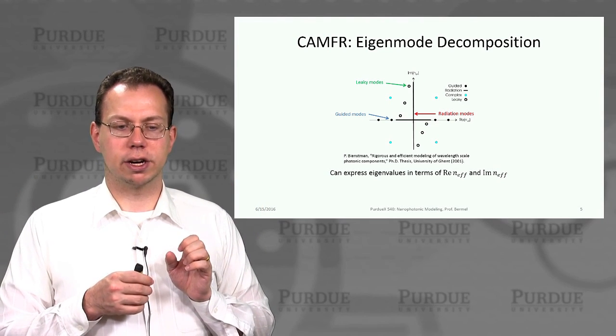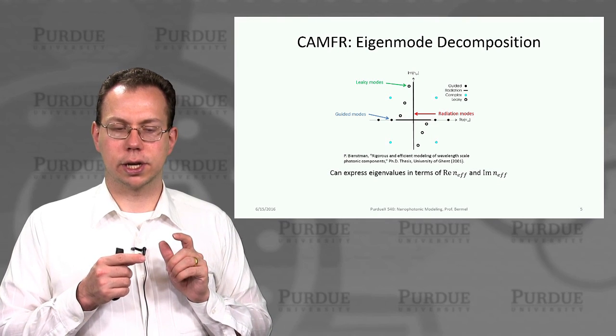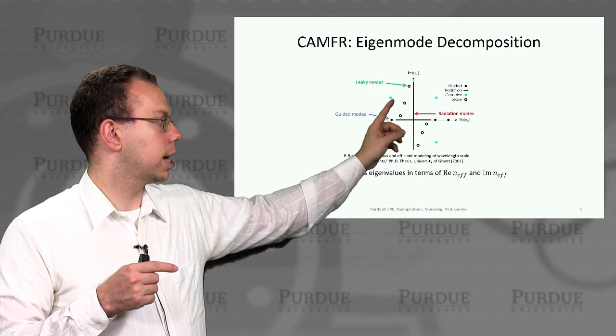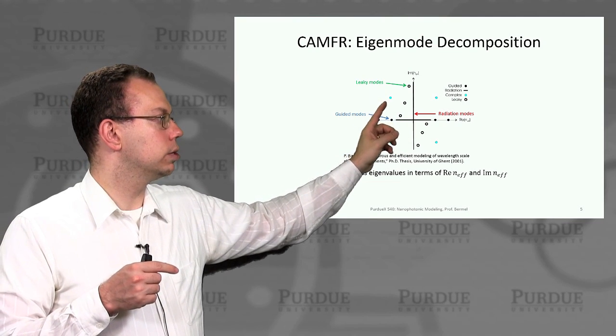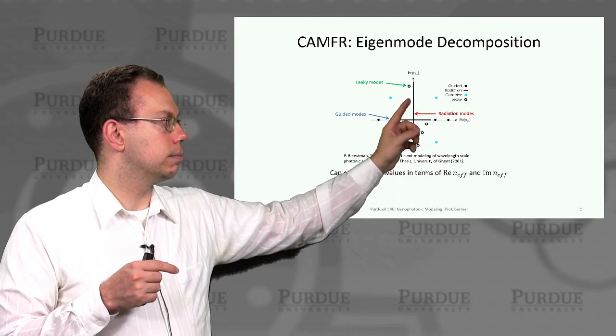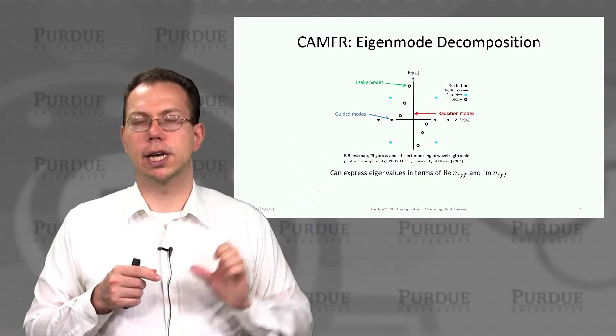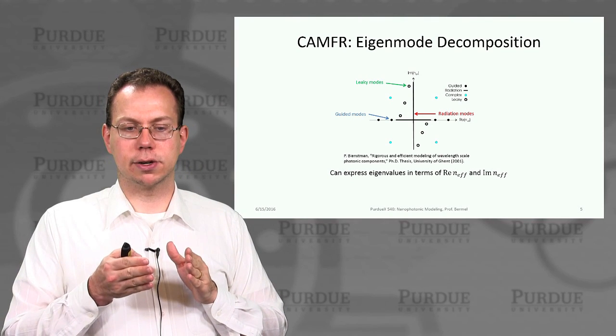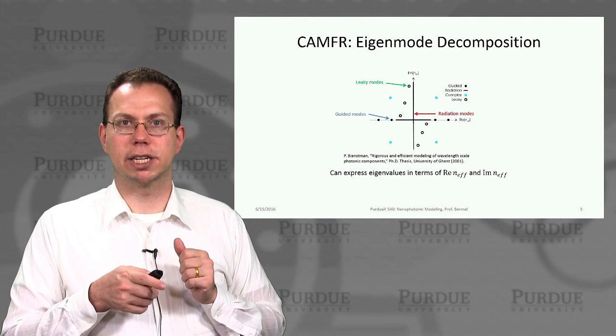Okay. And then the final set of modes are essentially complex modes. And so you can see that it might be hard to distinguish the complex modes from the leaky modes, except that they come in pairs, at a set of 2 or 4 different points, where you've just switched the sign of either the real or imaginary part of n.